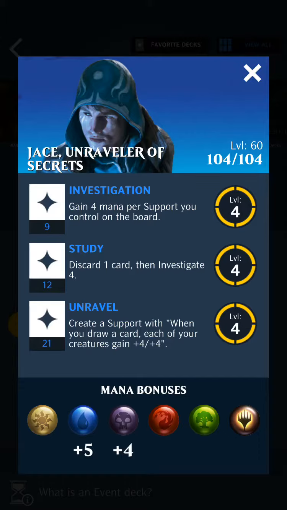So taking a quick look at Jace, his health at 104 is on the lower end of the health spectrum. It's not bad, but it's not great. But where he really shines are in his mana bonuses and in his third ability. So Jace's mana bonuses are a total of +9, and that +5 to blue is particularly nice. And for the Unravel ability, create a support with whenever you draw a card, each of your creatures gets a